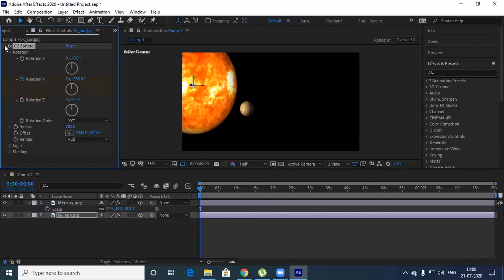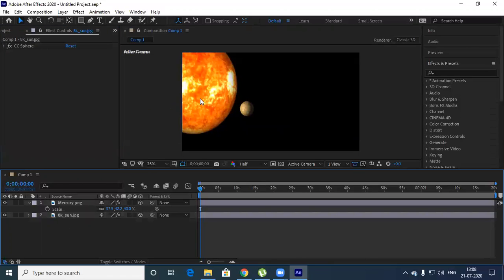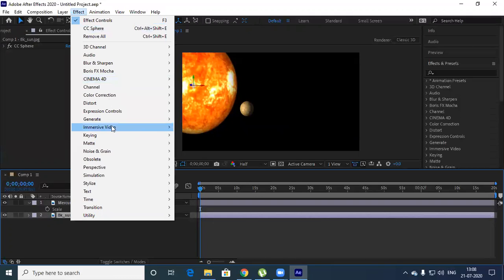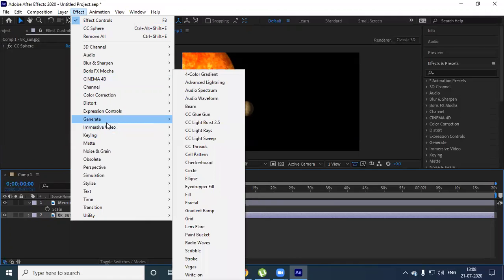Later, in future classes, I'll show you some plugins, how to add plugins and all, where you can give a bit of glow and all. Let's say, for example, we can generate many things.